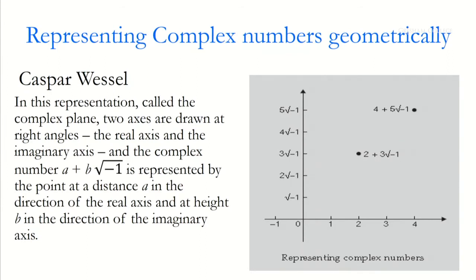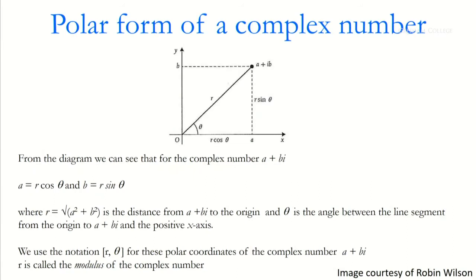using polar coordinates. And here we have the polar form of a complex number. Again, we have our complex number up here, a plus ib, meaning that we've moved a distance a along the horizontal axis and a distance b up the vertical axis. But if we now look at this triangle with one vertex at the origin, the other one at the complex number, and the vertical line here and the horizontal line here, looking at that triangle and denoting the angle which the line joining the origin to the complex number makes with the positive real axis, calling that theta, then we